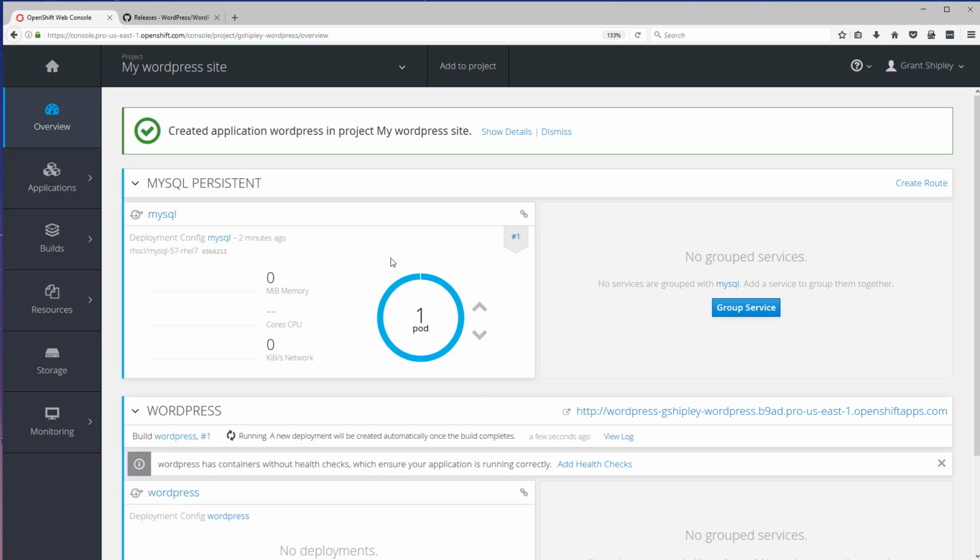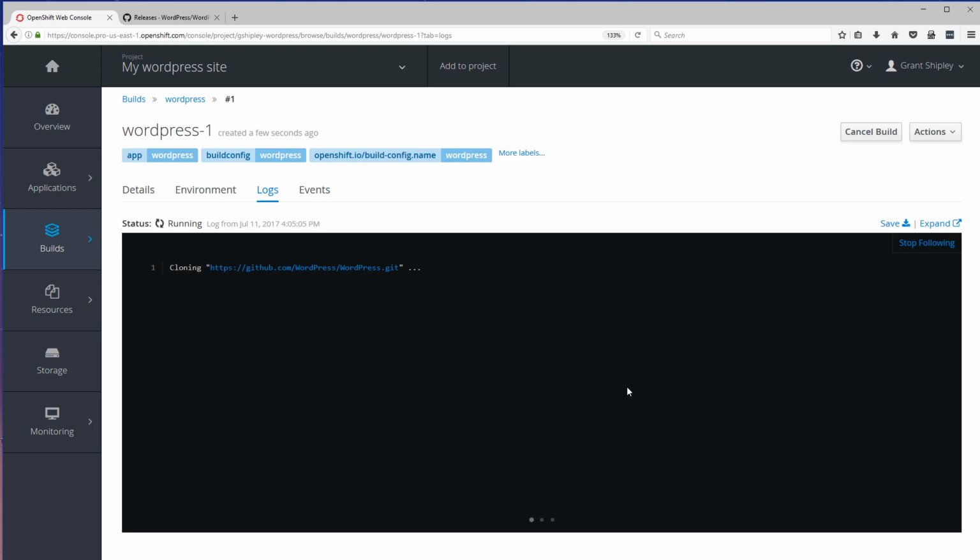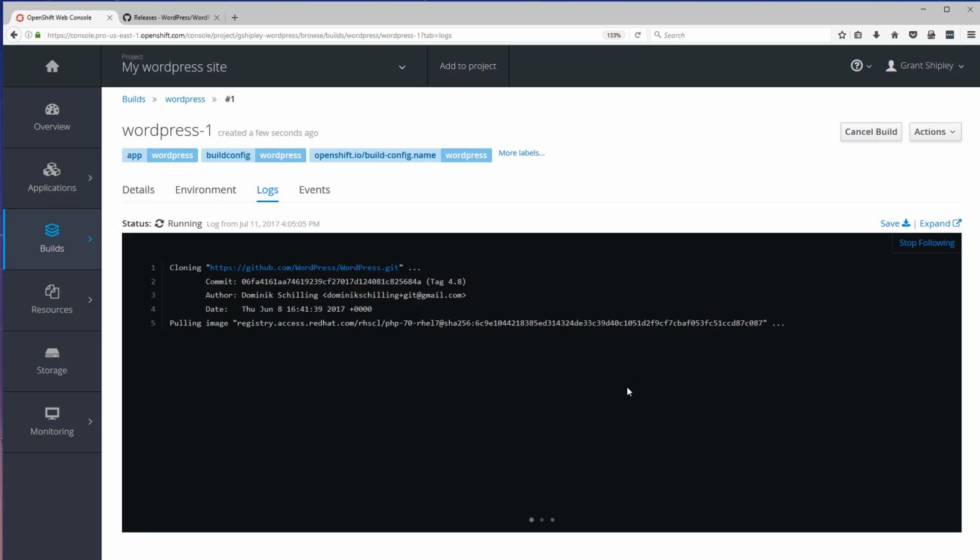And that happens through the magic of Source2Image. Source2Image is a project inside of OpenShift that will allow developers and users to take advantage of containers and orchestration without having to know the details about either one of them. So they can just talk source code to the platform. The platform will examine that source code, build the source code, and create a Docker image on the fly based on that source code. Now, WordPress is a pretty large project, and so it's running through the build here, and